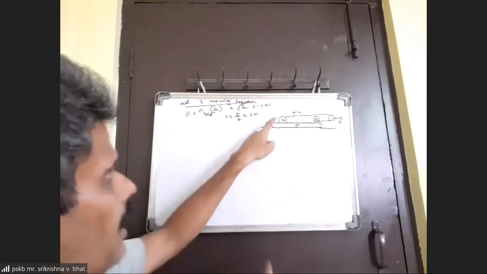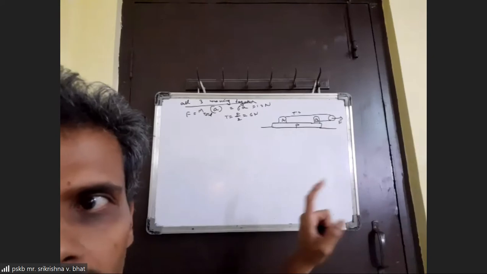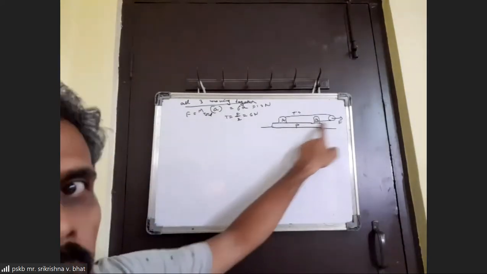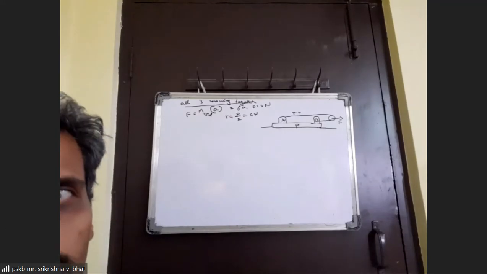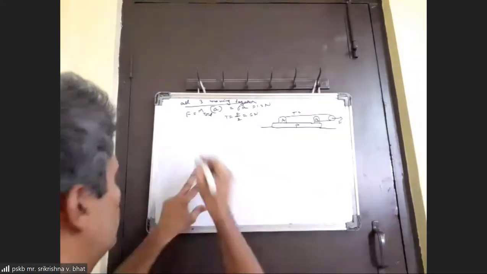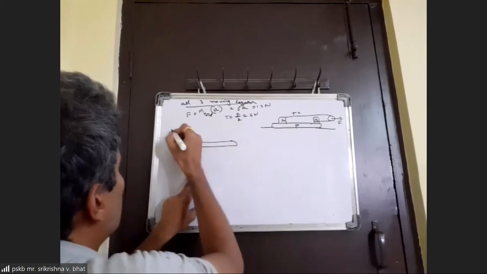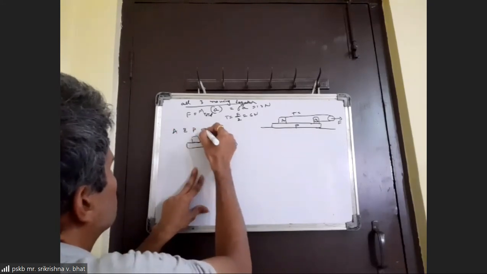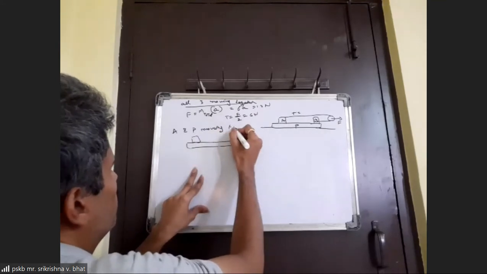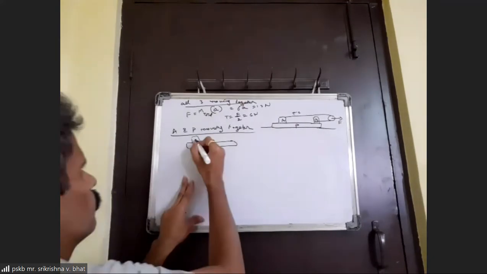So we will consider that A is at rest relative to the plank, and it moves along with the plank with a common acceleration of 2 meters per second square. And B moves relative to the plank and it slips forward. So if that is the case, we'll see what should happen. We'll take A and plank moving together. This is the second case I am going to investigate.